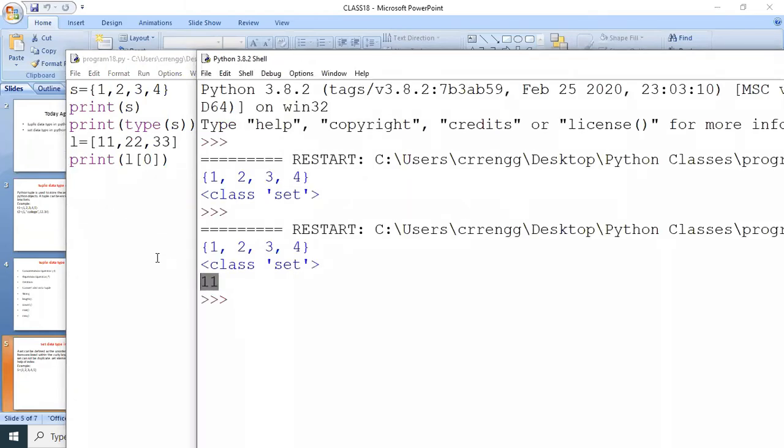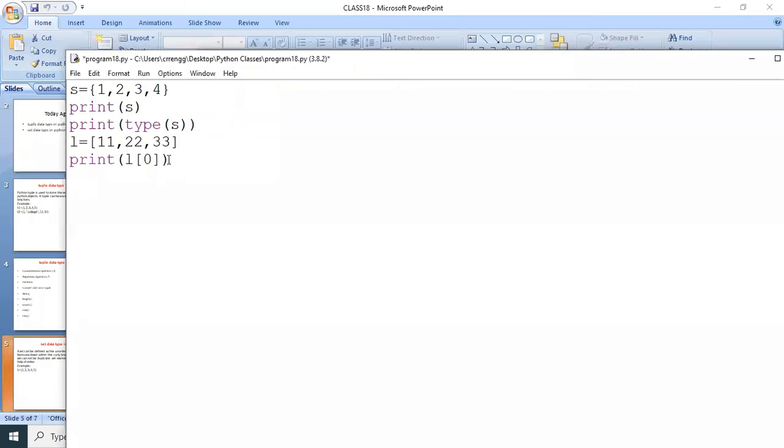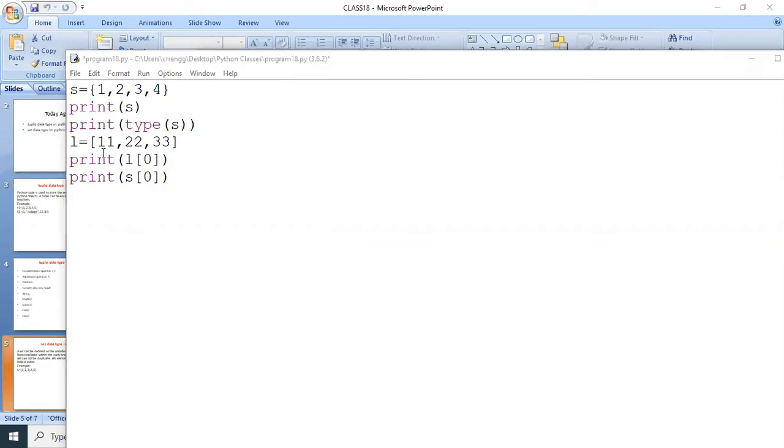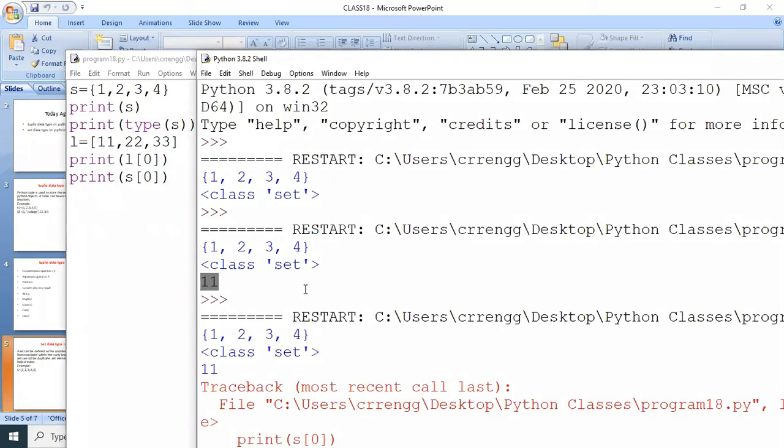Why? Because these are ordered. But coming to set, these are unordered elements. If I try to print S of 0, now it returns an error.